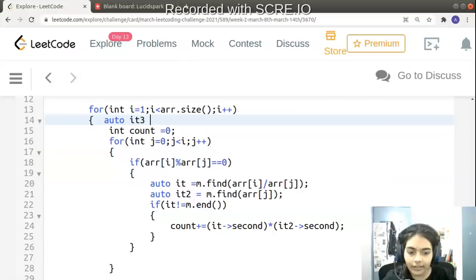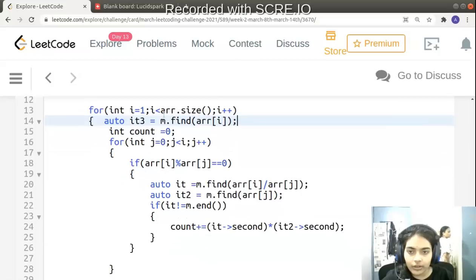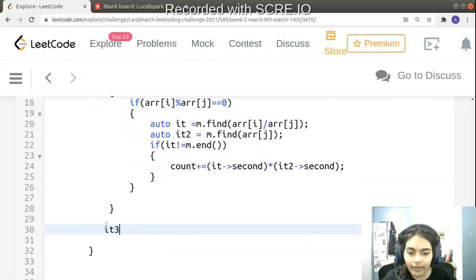So auto it3 is equal to m.find of this particular value. We are iterating over i starting from 1, so array of i. The iterator will point towards this particular value, and we will have to change the value in that. So it3 second plus equal to count.